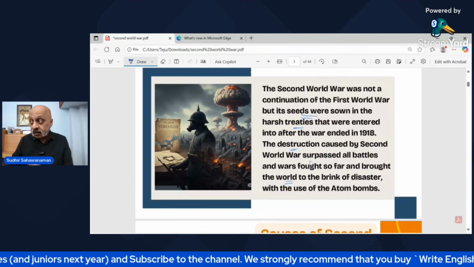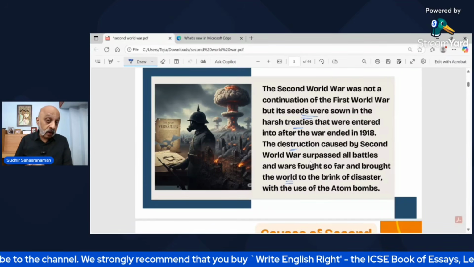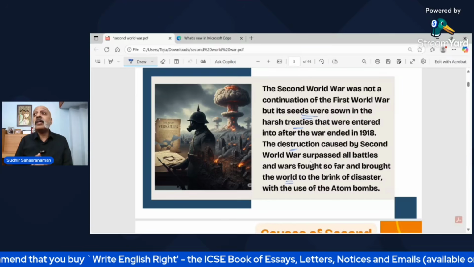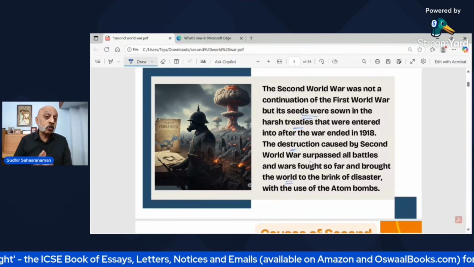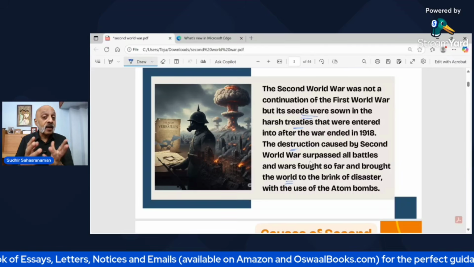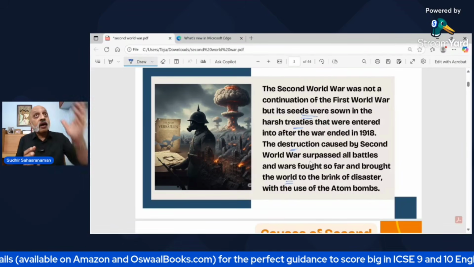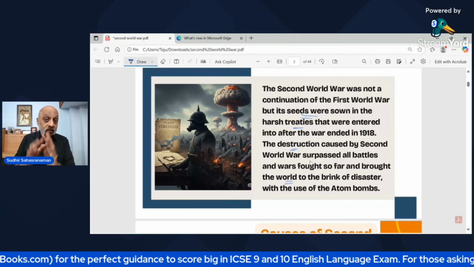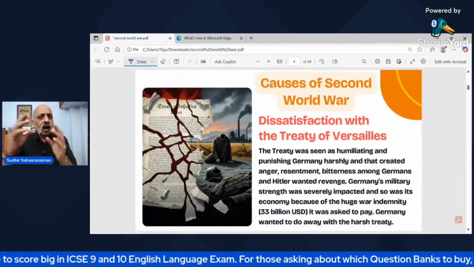Absolutely traumatic. I was reading in the newspapers about how the Pakistan Field Marshal Asim Munir has also said that if we go down, we will take half the world down with us, because don't forget, we are also a nuclear power. So you see, right now in 2025, many of those things are again coming back 80 years after the end of the Second World War. So what are the causes?